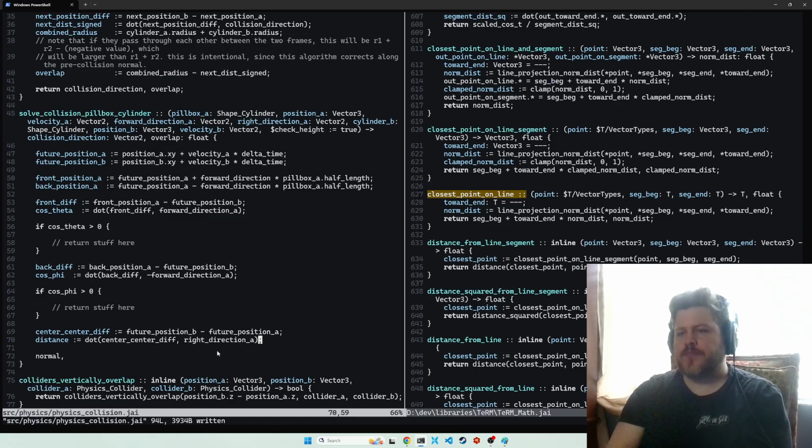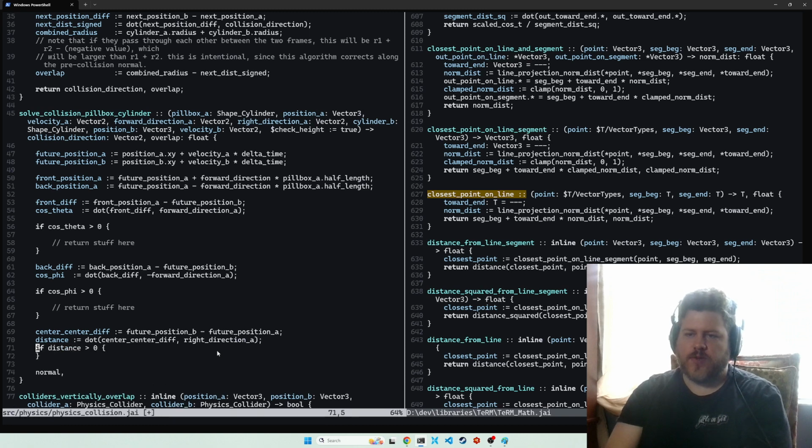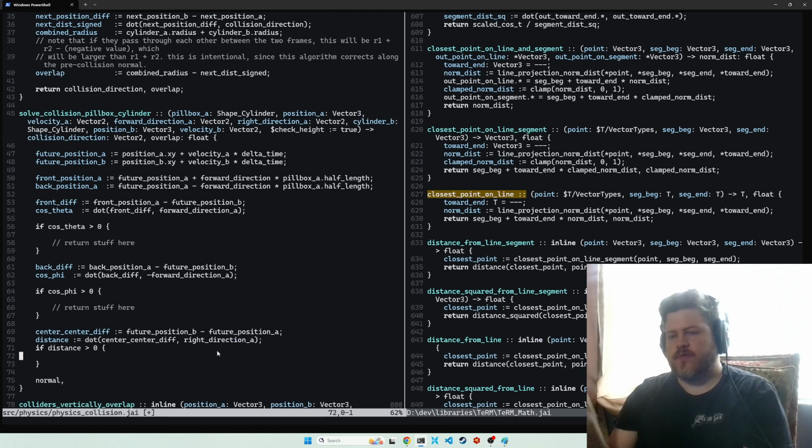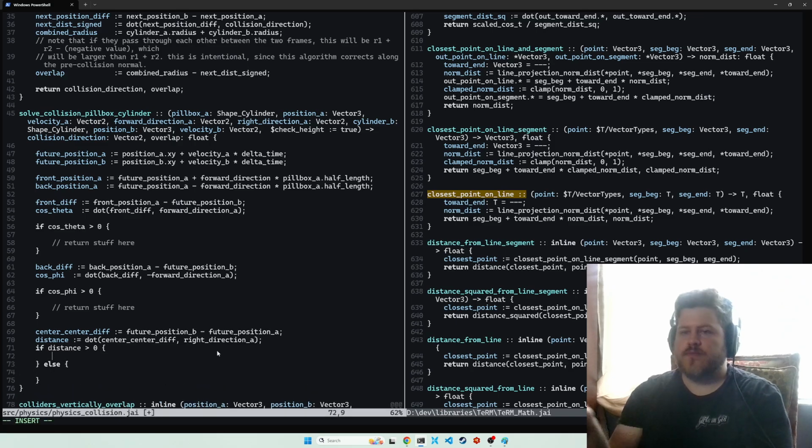Okay. And if distance is greater than 0, then we know that it is happening on the right side. If it's less than 0, we know it's happening on the left side. And so that tells us what the normal is, and to flip the distance to make sure it's positive. Or actually, yeah. Okay, so the normal is going to be, in this case,